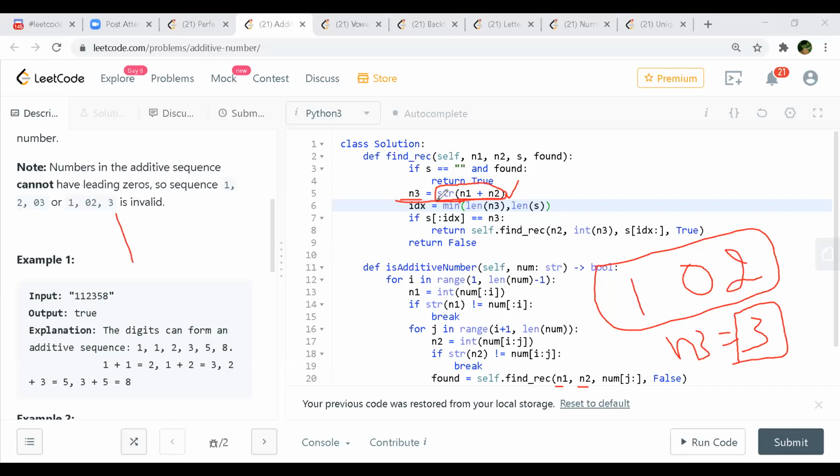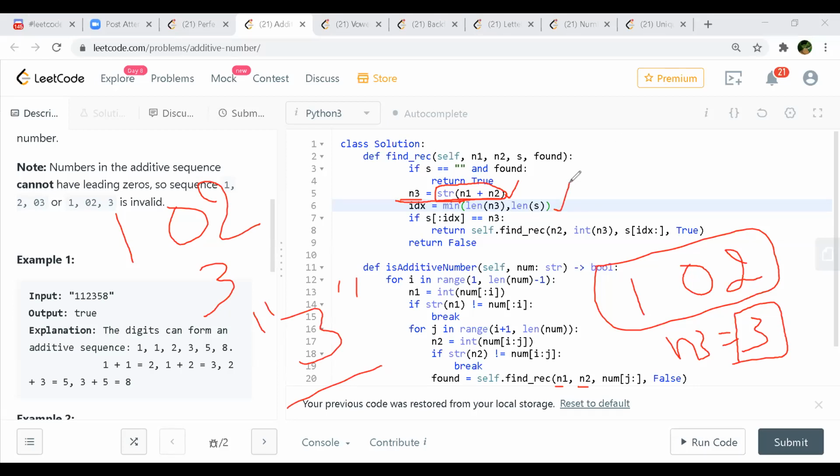Yeah, so 1 plus 0, 3, when you do that and convert, what will it be? You will get 3. n1 and n2 initially are strings. Sorry, what is it? It is a number. So your string length will be 3, right? And now n3, you are comparing it with, so n3 is your string, right? Oh, you are saying that is a string. Okay, you are converting it to string, and therefore you are comparing. So then you are comparing with the length of the string, but that can be okay. That is for the last case, I think. Oh, okay, if the length exceeds the length of the string.